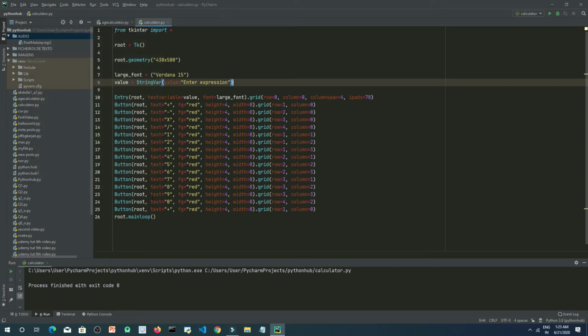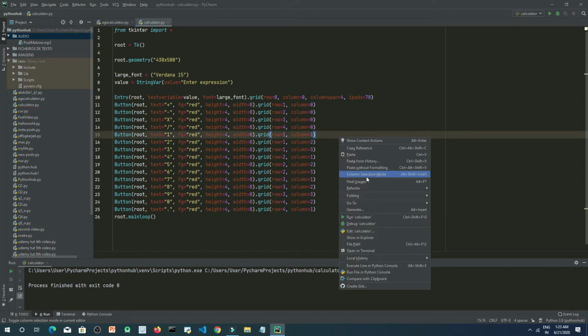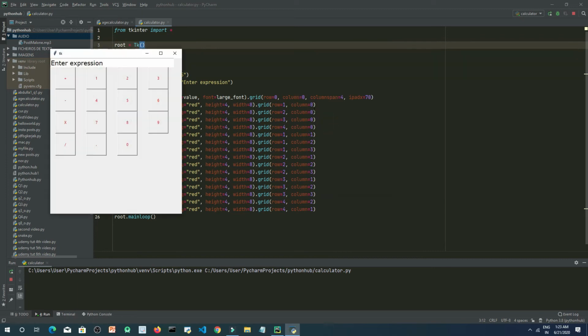So now let's create a point here, that is the decimal point, and the row will be the same as the fourth row, but the column will be one less, that is 1. So let's run this. As you can see we have created the point and here it is 0. This is the fourth row and the first column, as you can see. Columns and rows start from 0 and 0, right?